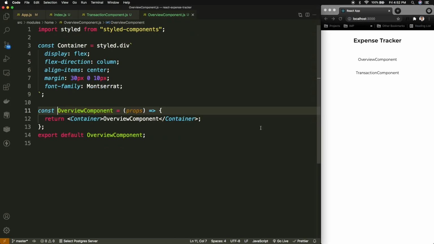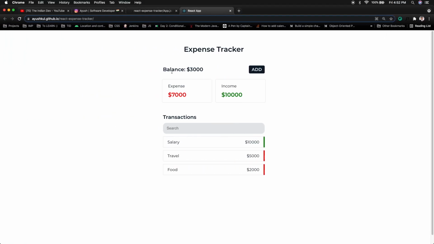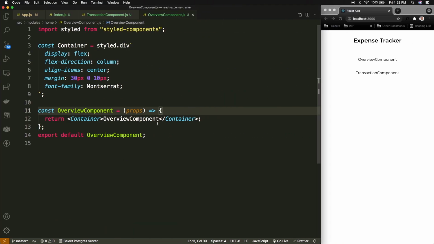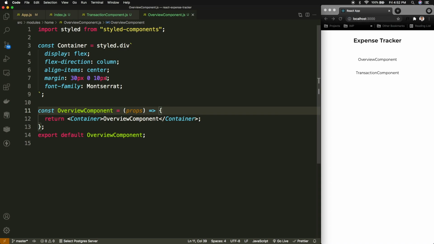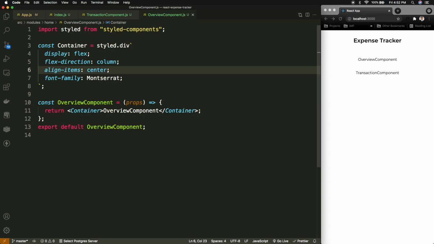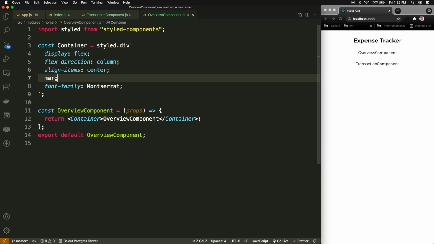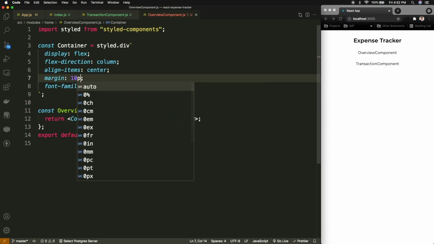So I'll be going to the overview component for the first part, and inside this, as we again need the things in the columns, because rows, because this is one row and this is another row. So for that, this seems to be fine, the flex direction and all. One thing I can do is I can remove this margin as of now. Margin, we can take maybe 10 pixels,